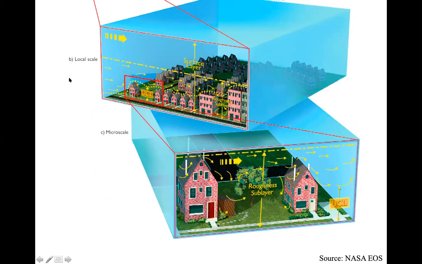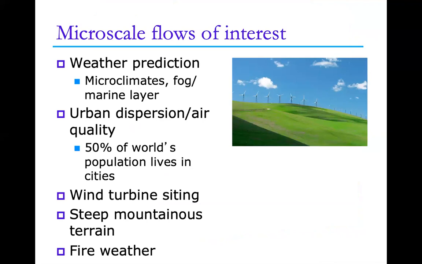But all of those scales are connected, and the influence of the mesoscale and the microscale is important to include. And the way that that's done typically is through grid nesting in atmospheric modeling. So we'll talk about how that works and what happens as we transition through these scales. So that's just one example of a microscale flow that might be interesting.